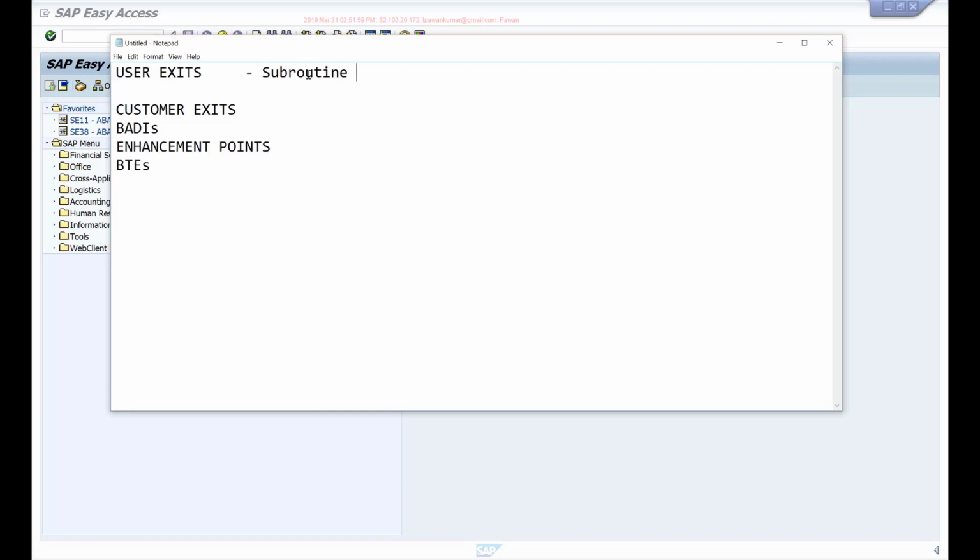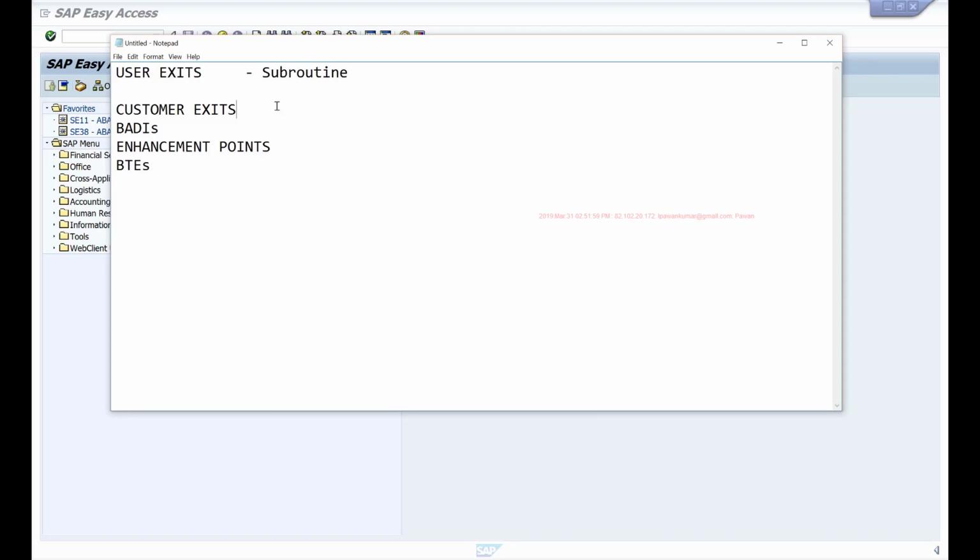And as I mentioned earlier, when you use this user exits, you have access to all the global data that is available in the program. So within this user exit, you can change any of that global data. So this is the initial enhancement technique that was available. When SAP first introduced these enhancements, they introduced it as a user exit where they were calling a subroutine.